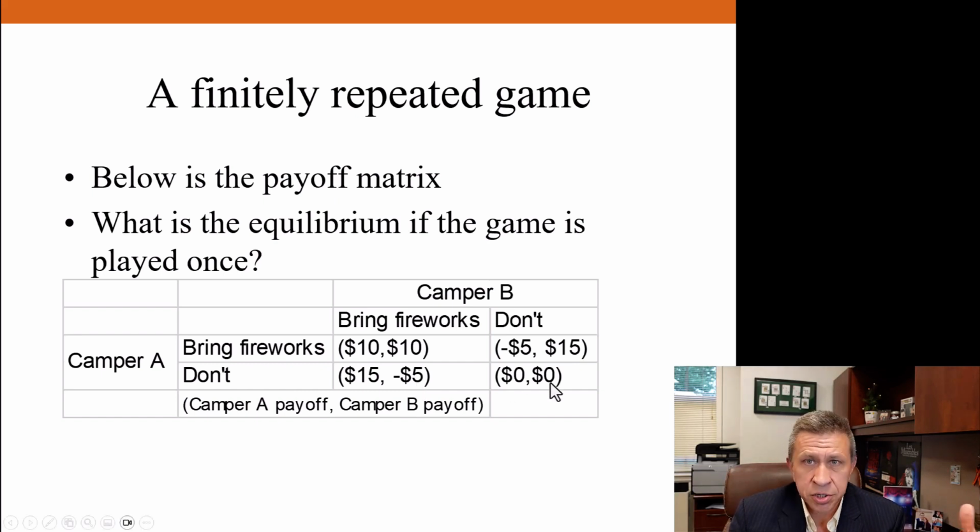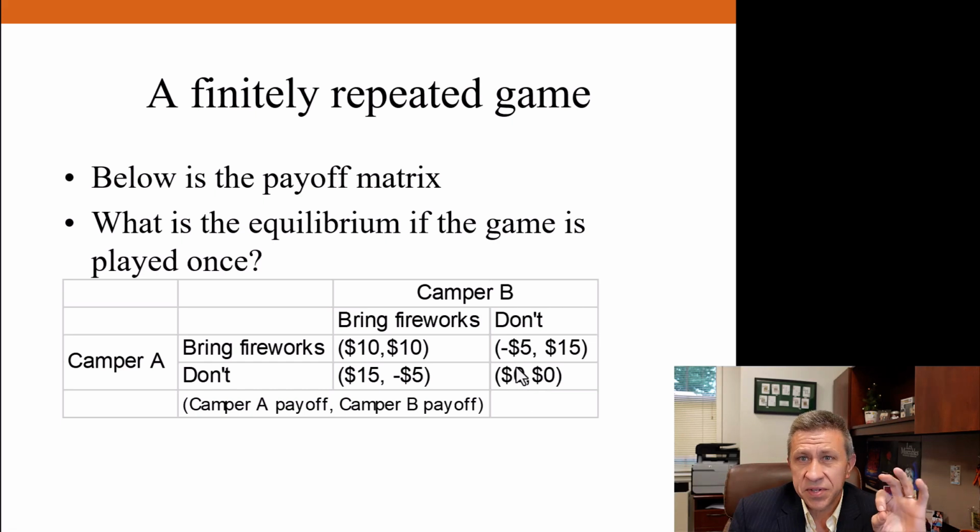They would want to switch over to not bringing the fireworks. So neither of the outcomes where one of them brings fireworks and the other doesn't, neither of those are Nash equilibria. The only one that could possibly be is if they don't bring fireworks. Each of them don't. And looking at this,